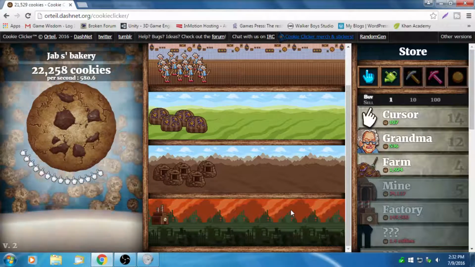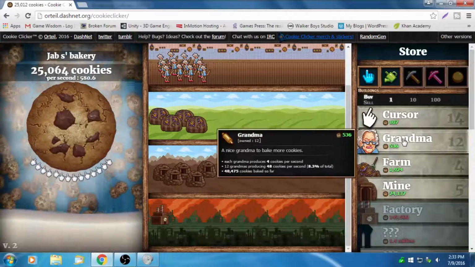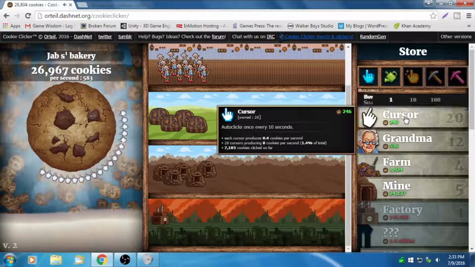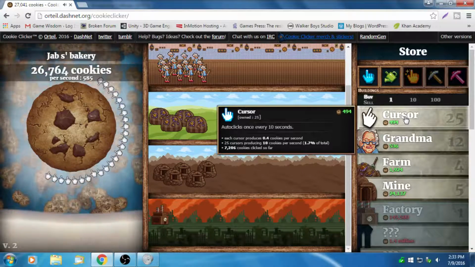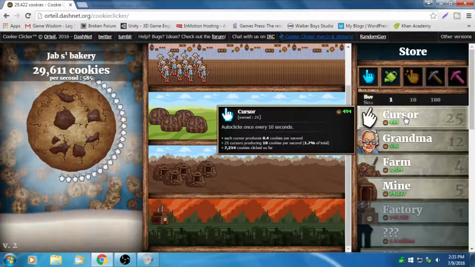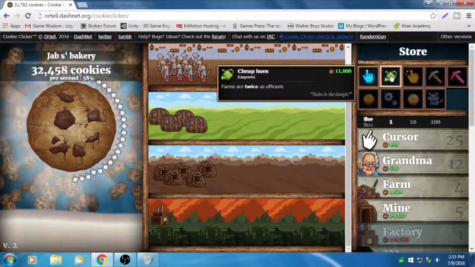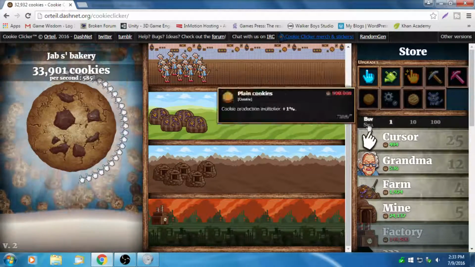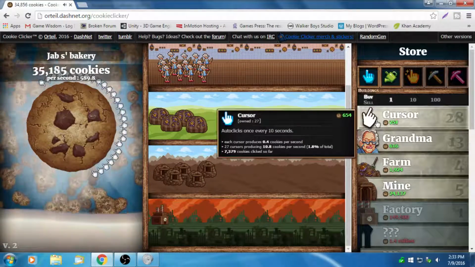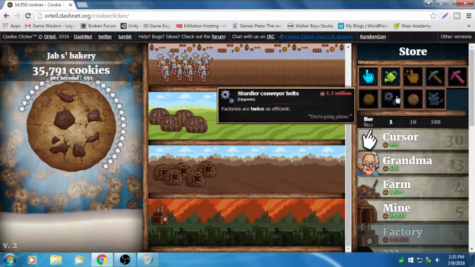And just like with RPGs, now that we have 580 cookies per second, these lower things, I can click them and it's not going to do anything because we have more coming in. It's the same sense of when you go back to an older area in an RPG where you're 20 levels above the enemies and you can kill them immediately. And of course, by doing this, we've unlocked more upgrades we can purchase eventually. Let me see. So we have these upgrades going.